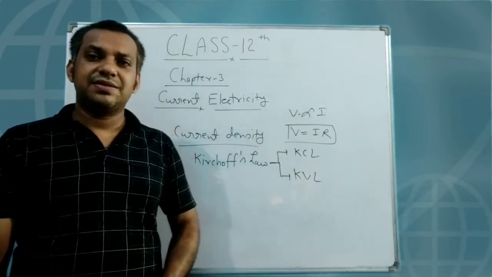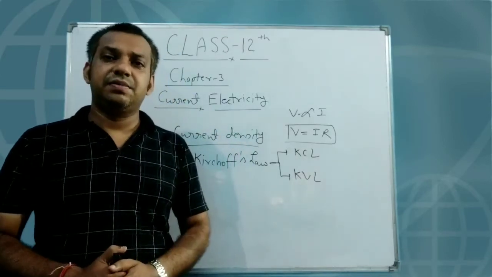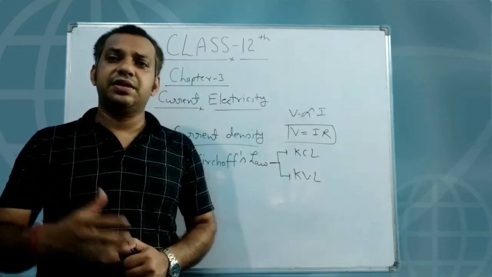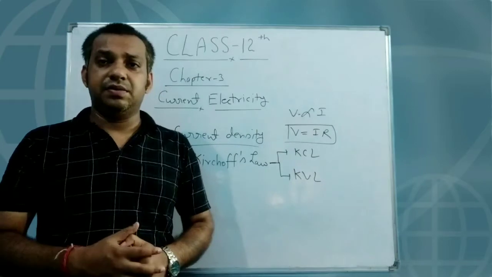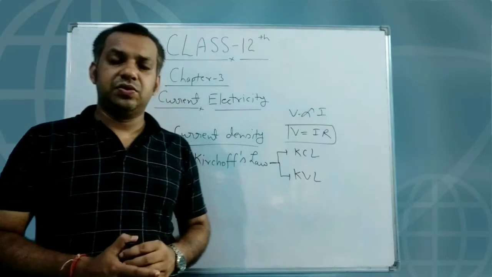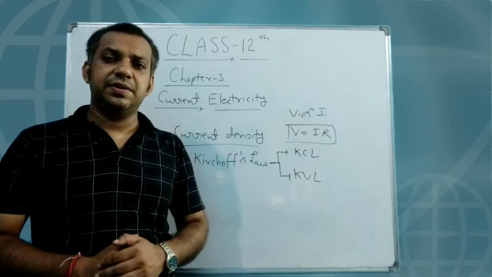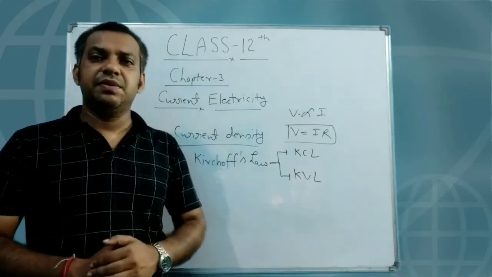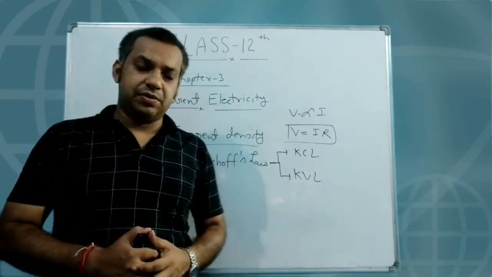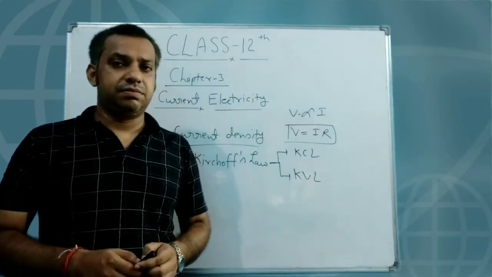Also, a few class 10th topics are included in this unit, which are the power and the heat production in a particular resistor. You can simply find how much heat is produced by a load, what is the power delivered by the cell, or what is the power consumed by a particular load. These are also class 10 topics. It is similar, only some advancement of the numericals you will see in this chapter. The rest of the theory is the same, which was already discussed in class 10th, but I will revise that topic here also. So this is a kind of overview of this unit.